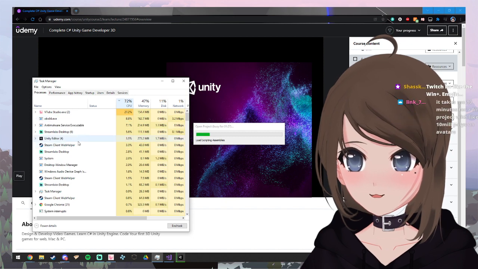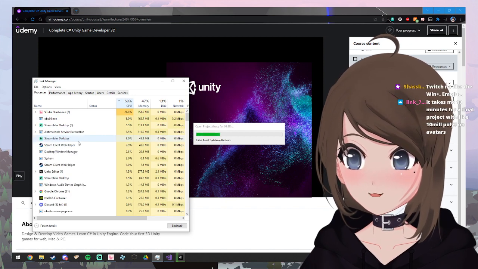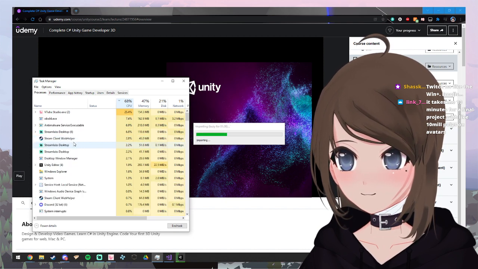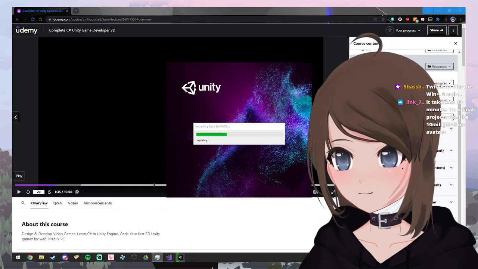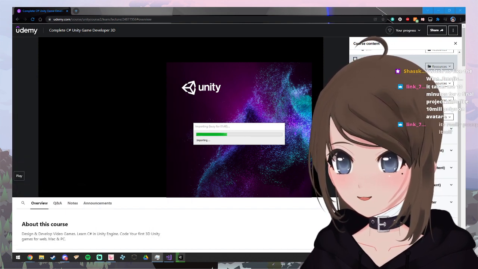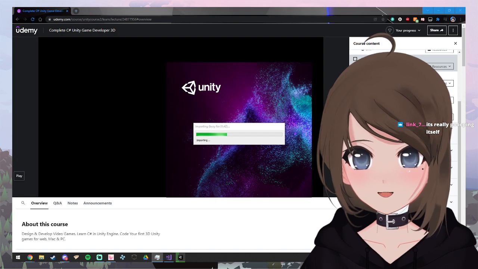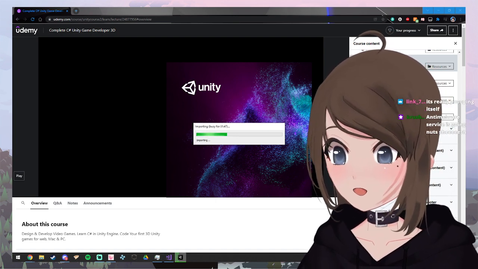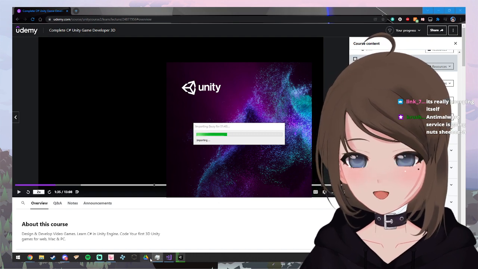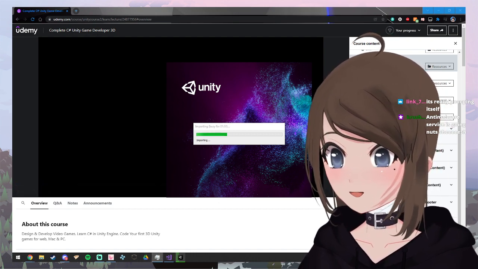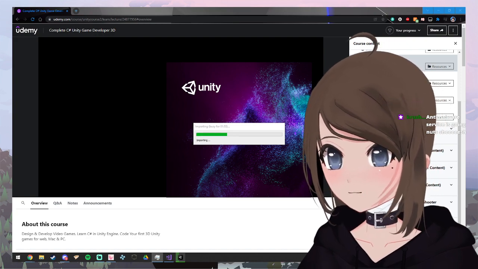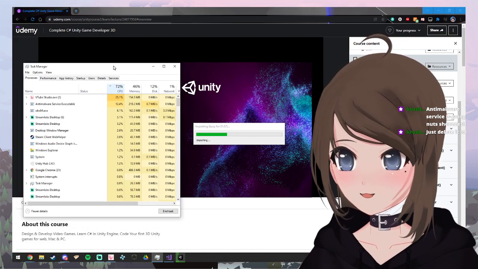Where is Unity? Unity's not even using % right now. Takes you 10 minutes for a final project with like 10 million polys. It's really pooping itself. It's not even loaded yet. How do you even know if it's pooping itself if it's not even loaded? Yeah, I don't even know what the anti-malware service executable is. I want it gone because it's useless and all it does is eat CPU power. Ugh, I own a potato.